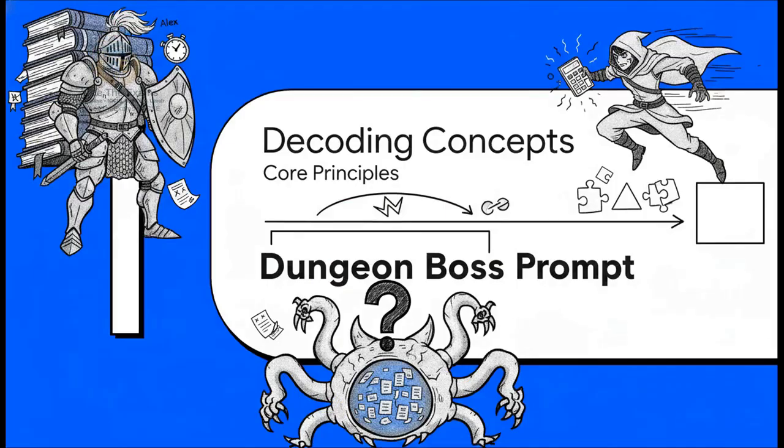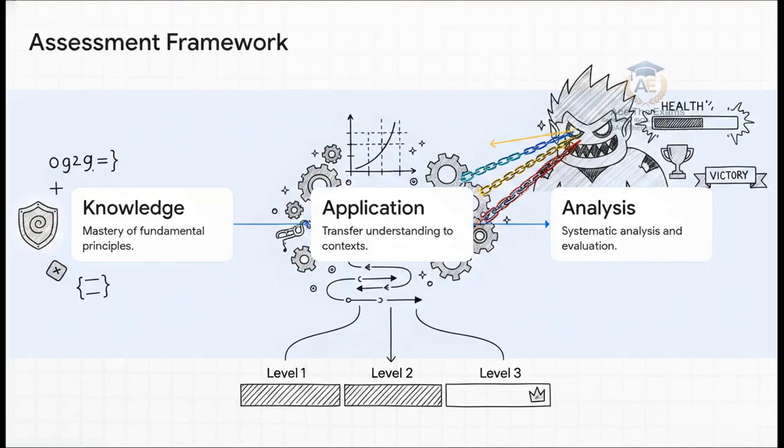Section 1, Decoding the Math Quest. Let's break down the rules of the game. To properly navigate this map, we need to look at the exact assessment objectives that Cambridge demands. To help us out, let's look at two hypothetical co-op players in our guild. First, we have Alex. Now, Alex is our heavy tank. Alex is carrying way too much inventory weight, memorizing absolutely every textbook definition, but kind of lacks analytical agility when